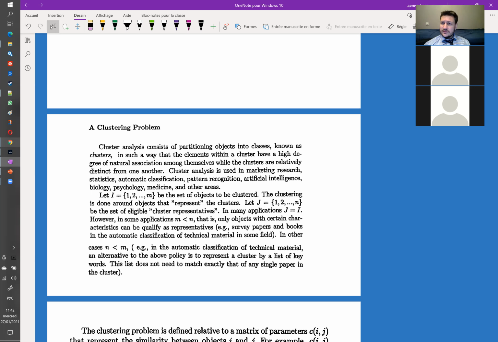Also, it's the submodularity and supermodularity of our functions. So there are special algorithms and theorems for the special case of optimization problems, and such problems as the clustering problem and others can be put into that